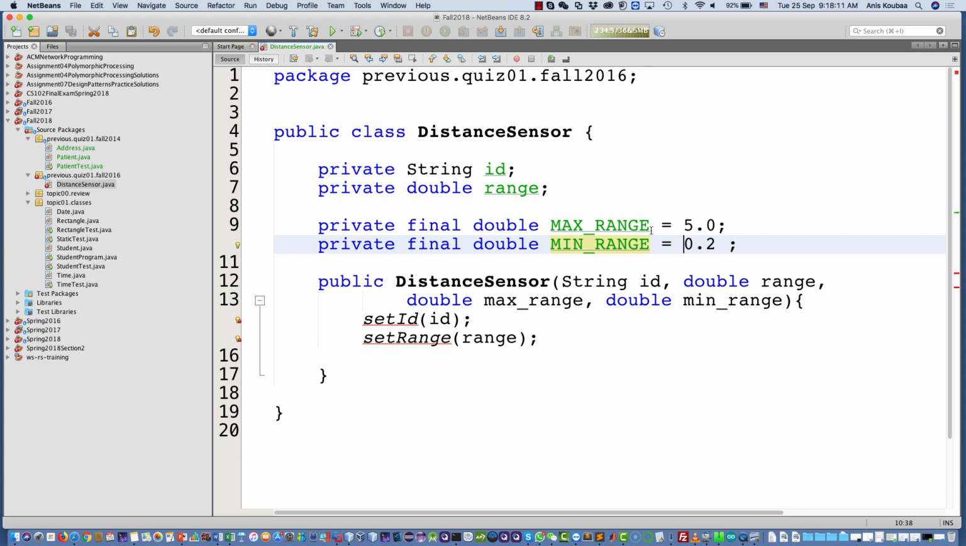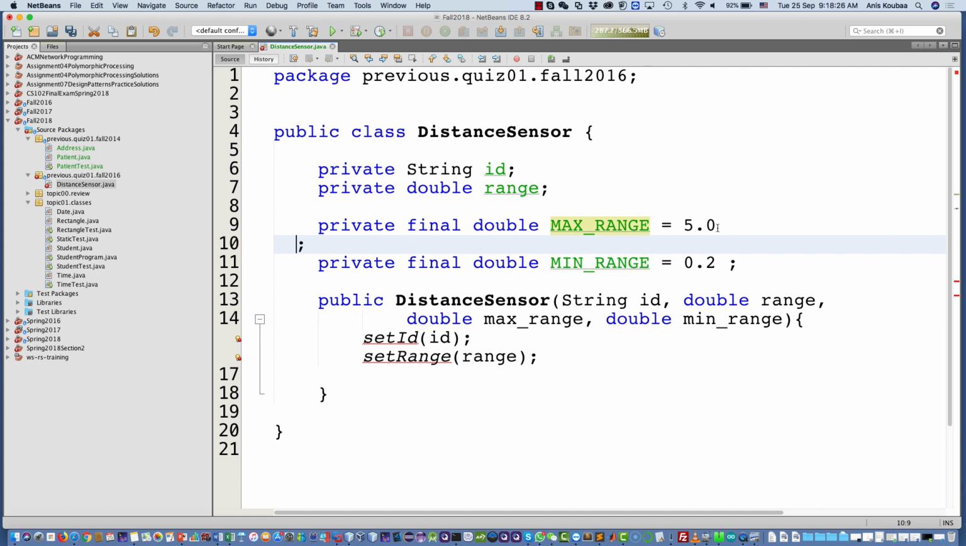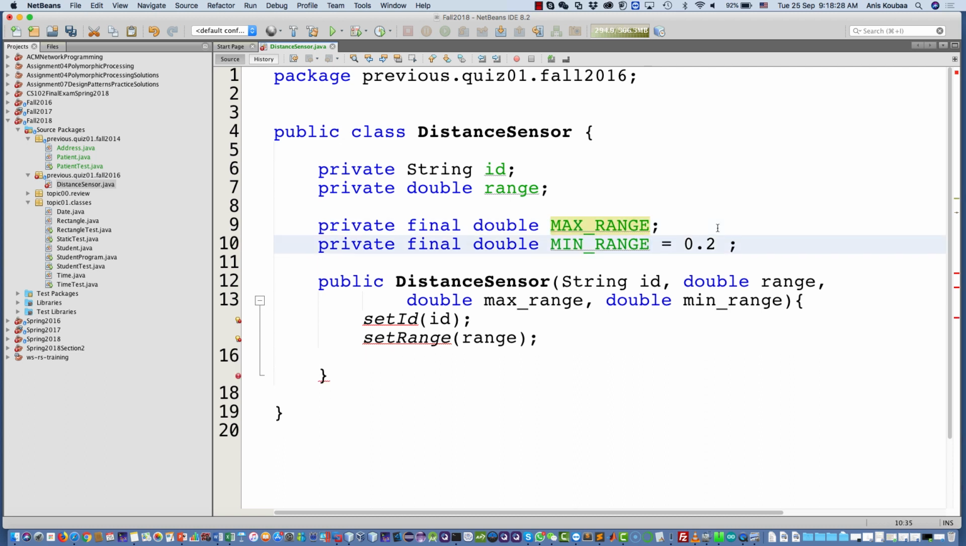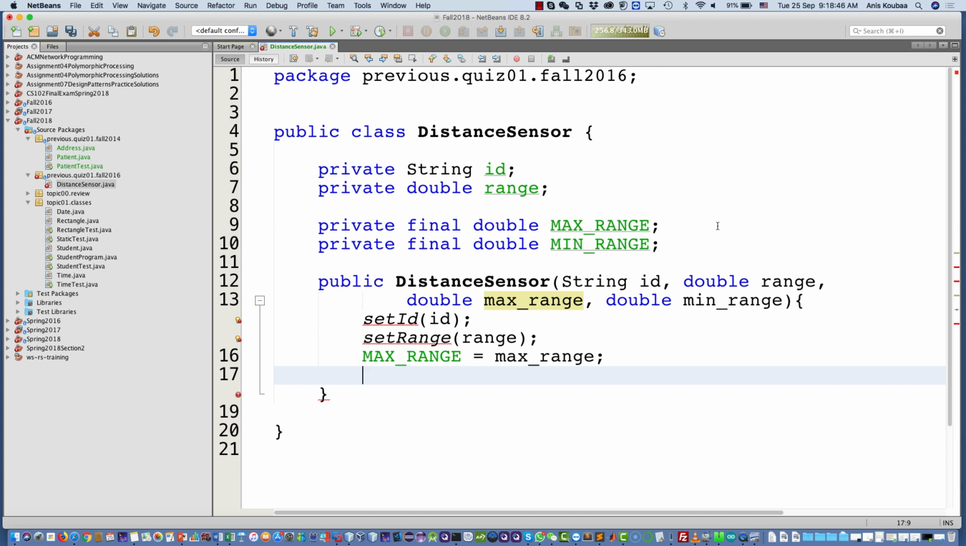Is this true? No, because you can find some sensors that would have longer maximum range or shorter maximum range. It depends on the quality of the sensor. So this is why it doesn't make sense in this particular case to initialize the constant in the attribute section here, but rather we can do that inside the constructor. So what we can do, one moment I will come to you. Okay, so maximum range is equal to max range, which will be provided by the constructor,